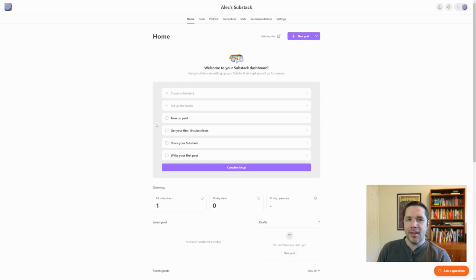So I think one of the things you could theoretically do with Patreon that you can't do with Substack as easily is have multiple Substacks, whereas you could have multiple Patreon accounts all feeding into the same account. Whereas with Substack, since they're dependent on Stripe, that means that you have to have a different Stripe account for each Substack. So if you're just starting out, don't make your life complicated. Don't have multiple accounts, but it is something to think about. That's more on the businessy side of things.